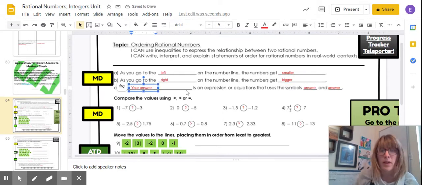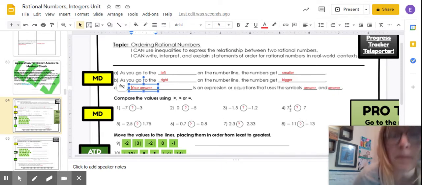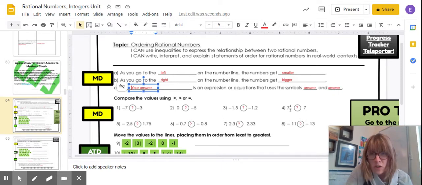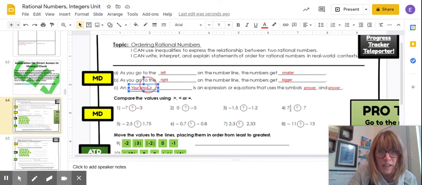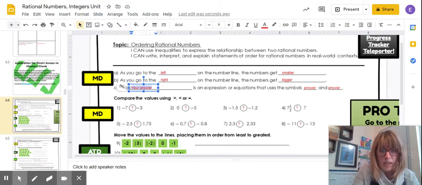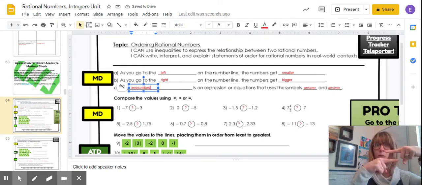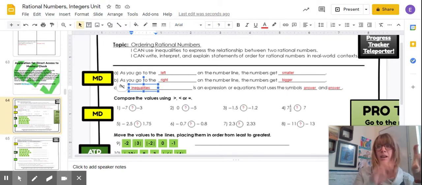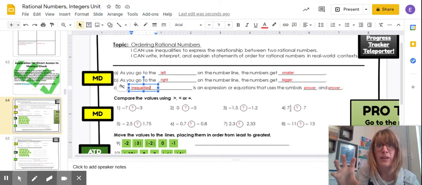So when we think about an expression here, it says something is an expression or equations that use symbols. So when we think about this, we're going to be talking about inequalities. An inequality is different than an equality. Typically, when something is equal, it means that whatever's happening on one side of that equal sign is going to be the exact same value as what's on the opposite side, right? So you could say,